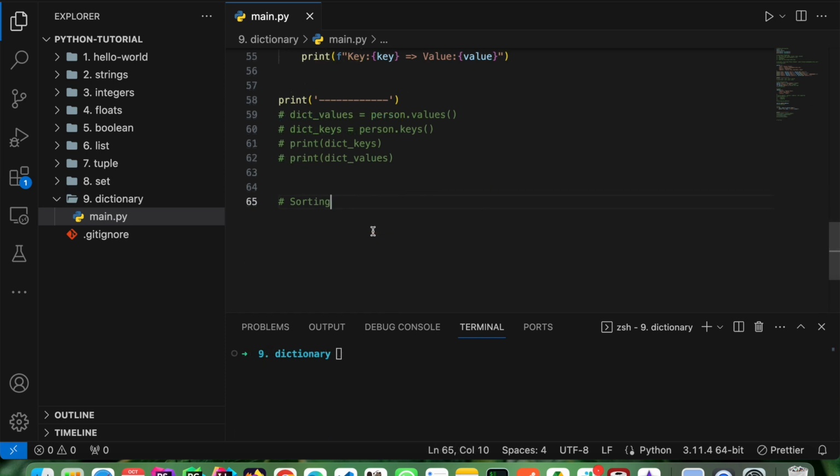Let's discuss sorting a dictionary. Okay, so let me print the person first, and then I will sort this. So I will say person sorted,